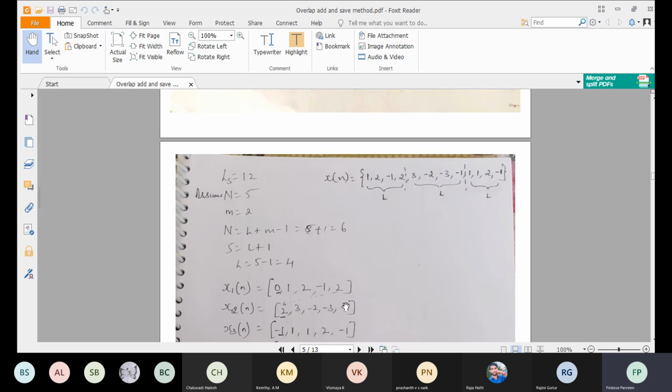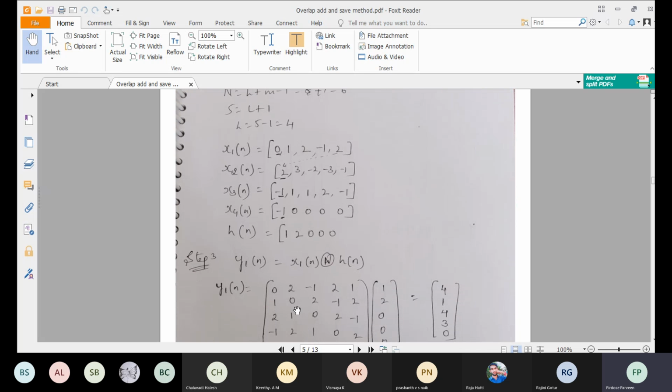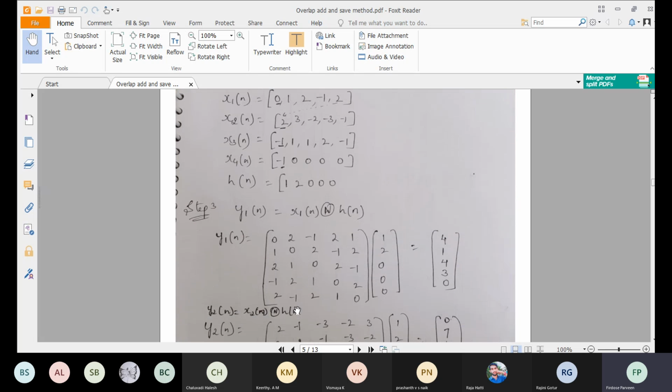Again we'll write minus 1 here. This minus 1 will be written here, and the remaining we will write this one. Again I need to write this one because it should be repeated in the next sequence. Since I don't have the remaining sequence, we will pad it with 0. So I'll write minus 1 here, 0, 0, 0, 0. My actual sequence is this one, last 4 samples. Now we will perform circular convolution.